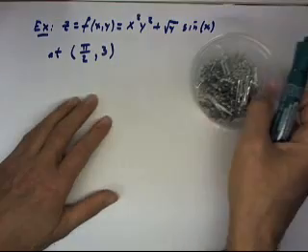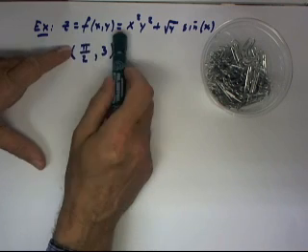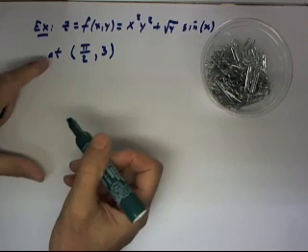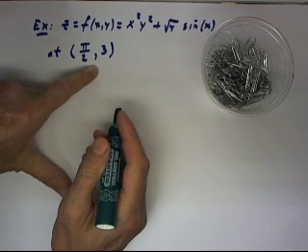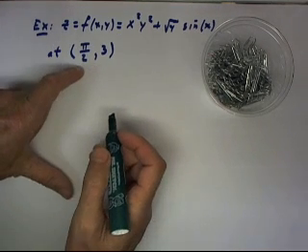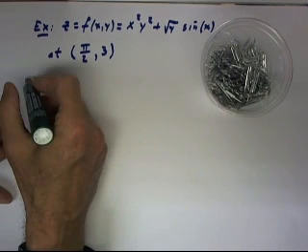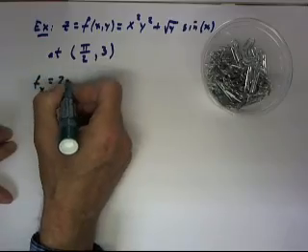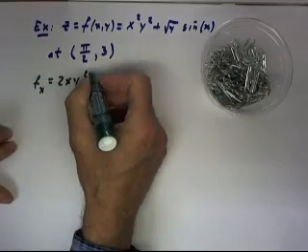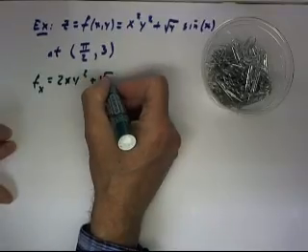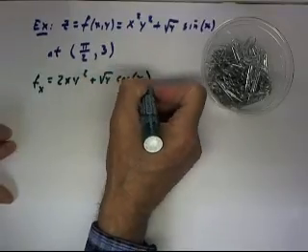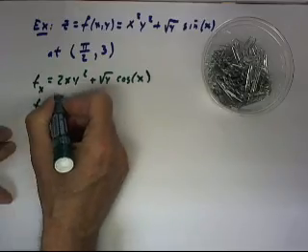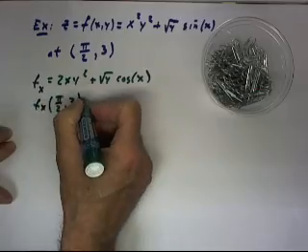If we have a function, as an example, f of x,y equals x squared y squared plus the square root of y sine x, and we want to examine its behavior in the neighborhood of the point pi over 2, 3. We calculate the x derivative of the function, which is 2xy squared plus the square root of y cosine of x, so that f_x at the point pi over 2, 3 equals